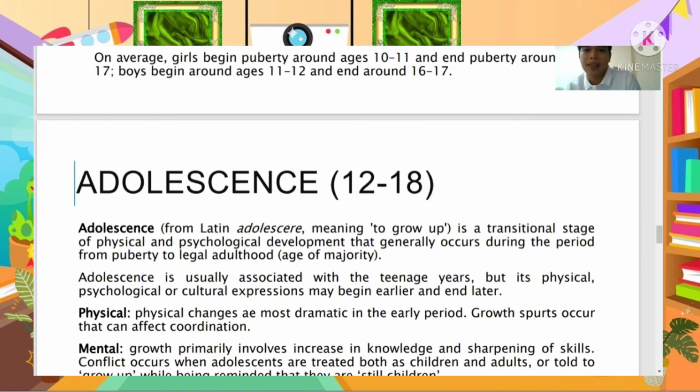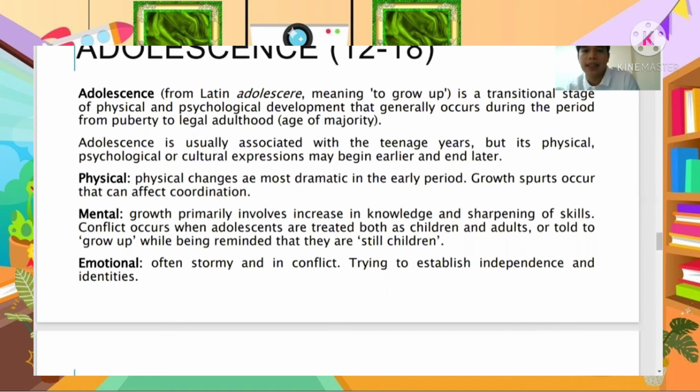The next, adolescence, 12 to 18 years old. Adolescence means to grow up, a transitional stage of physical and psychological development that generally occurs during the period from puberty to legal adulthood, the age of maturity. While the physical change is most dramatic in the early period, growth spurts occur that can affect coordination. Mental growth primarily involves an increase in knowledge and sharpening of skills, and emotional life is often stormy and in conflict, trying to